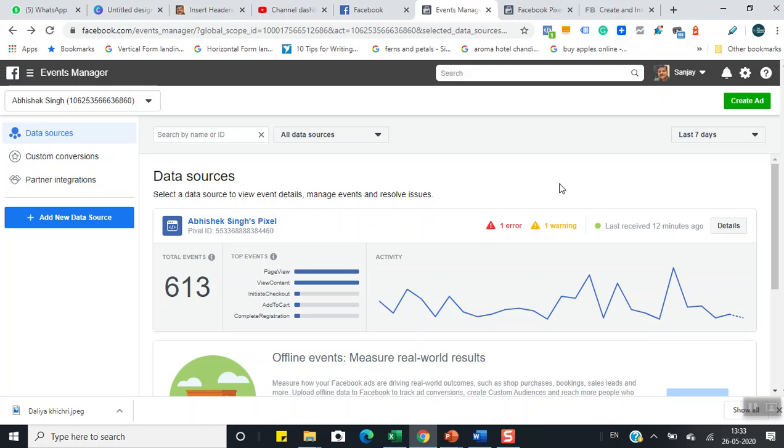You can also take help of Facebook Pixel Helper, a Chrome extension, which will tell you whether your code has been implemented correctly or not and how many pixels have been fired. In order to know more about Facebook pixel, you can watch my other video on Facebook pixel. So this way you can install your pixel, and then you can get an idea about your customers, your visitors visiting your website by clicking a Facebook ad.